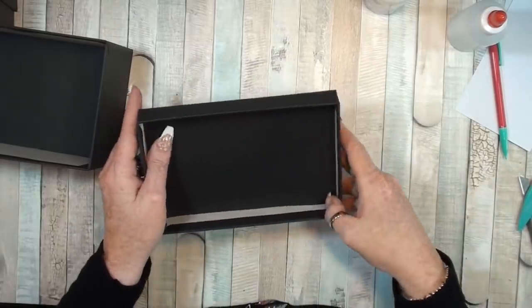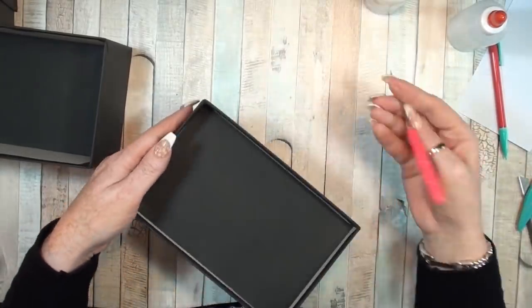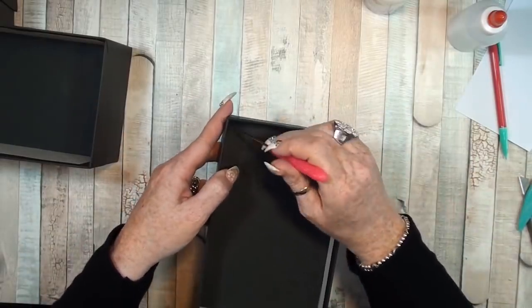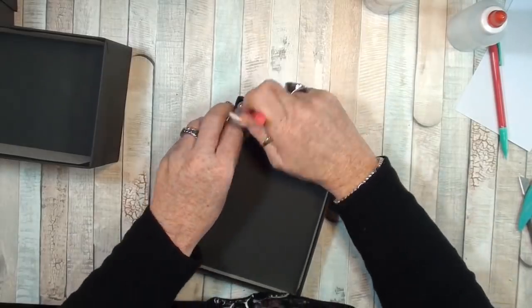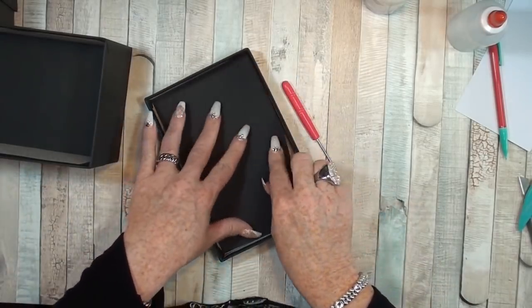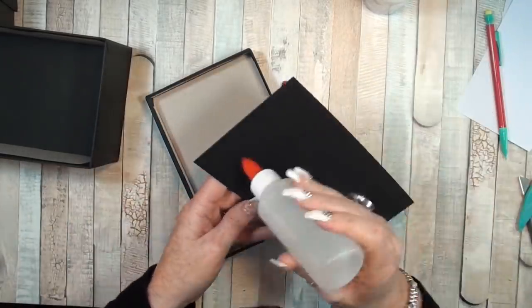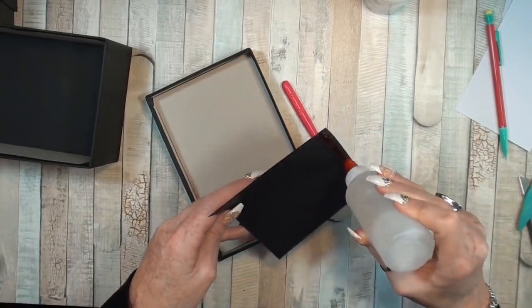For this matter, I cut it exactly the same size, but it needed just a little adjustment. So I'm going to peel this off and cut it just a slightly smaller piece on each side, and then see how it fits. I think, yeah, that'll do better. So attaching these,